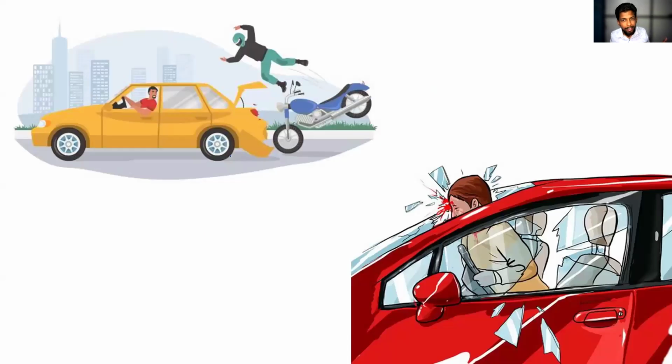If not, what will happen? The driver will be coming outside of the vehicle, and those who are seated at the back, what will happen? They will be moving forward, right? So everyone wants to put on the seat belt, but that is not possible because we have the seat belt only in the front seat. Anyways, the most suitable way is wearing the seat belt for the passenger and also the driver.